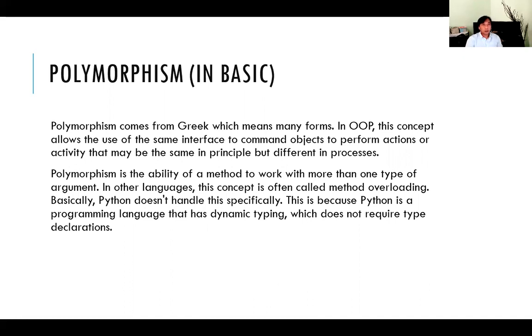And as you know, Java has several restrictions, unlike other programming languages such as Python or PHP. Python and PHP don't handle this specifically because the Python programming language is dynamic enough. It's not concerned with the data type, the same as PHP, so the overloading concept has never been an issue